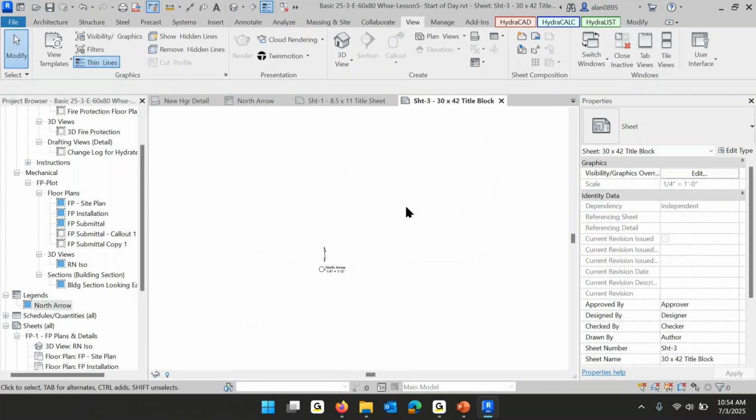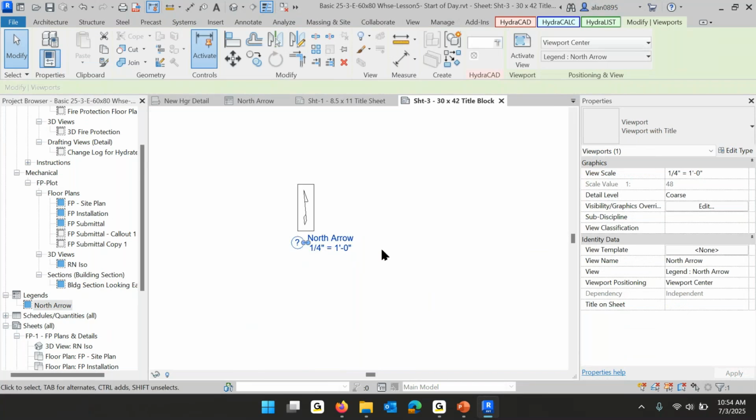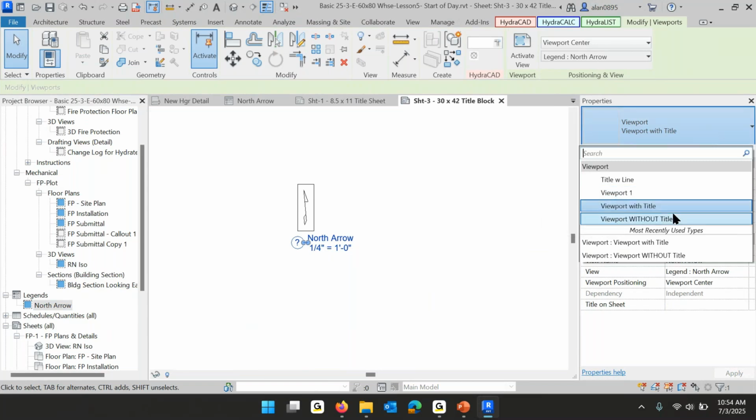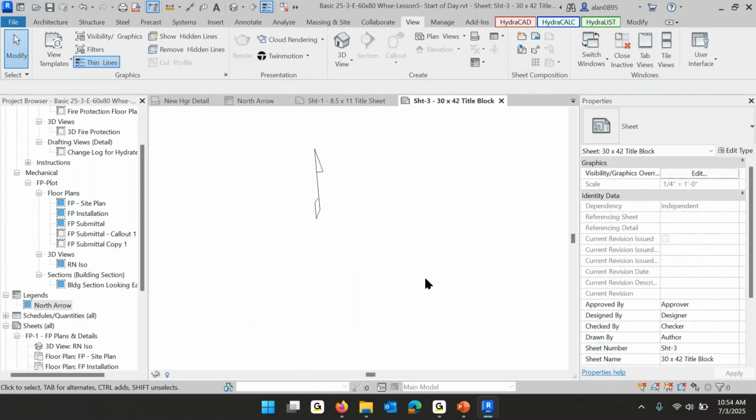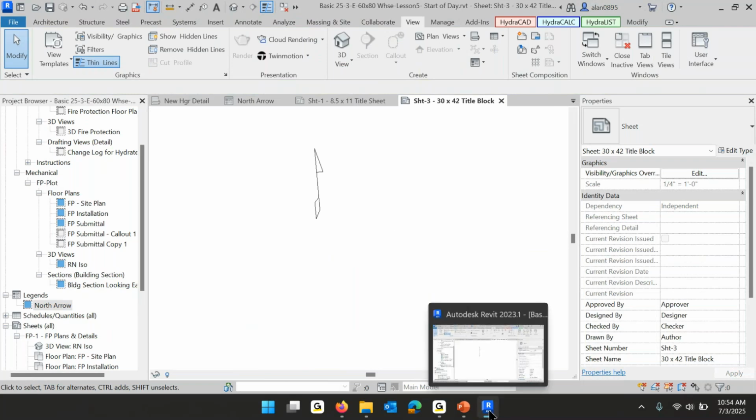If I want just the north arrow and not the title, there's what kind of title do you want? And our template has in it a viewport with a title and a viewport without a title. So I can get the north arrow all by itself. Maybe some symbol legends. You want to say NTS means not to scale, and field cut means cut on job. You could write those notes, put them in a legend, and put that on each sheet as well. So